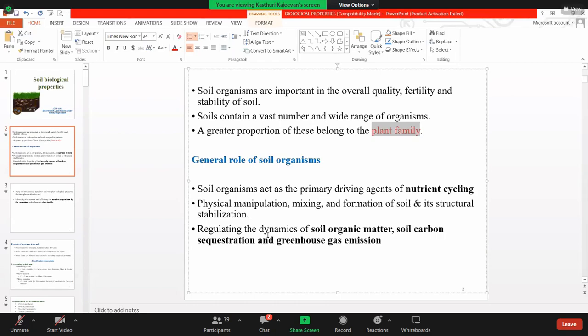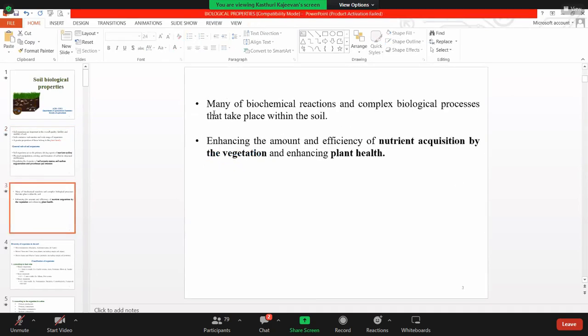Okay. Physical manipulation, mixing, formation of soil, and its structural stabilization. Earthworms, those things will affect the structure of the soil. You will study those things in the following slide. And regulating the dynamics of soil organic matter, soil carbon sequestration, and greenhouse gas emission. Other than that,